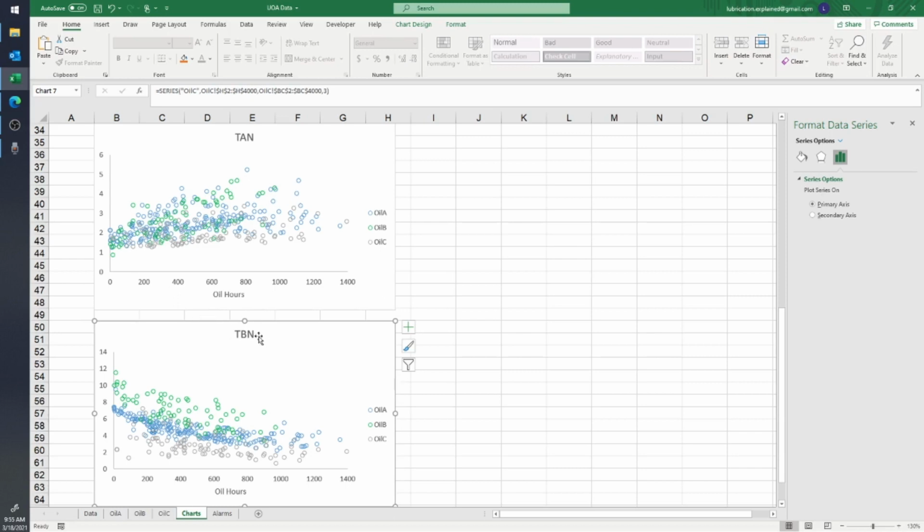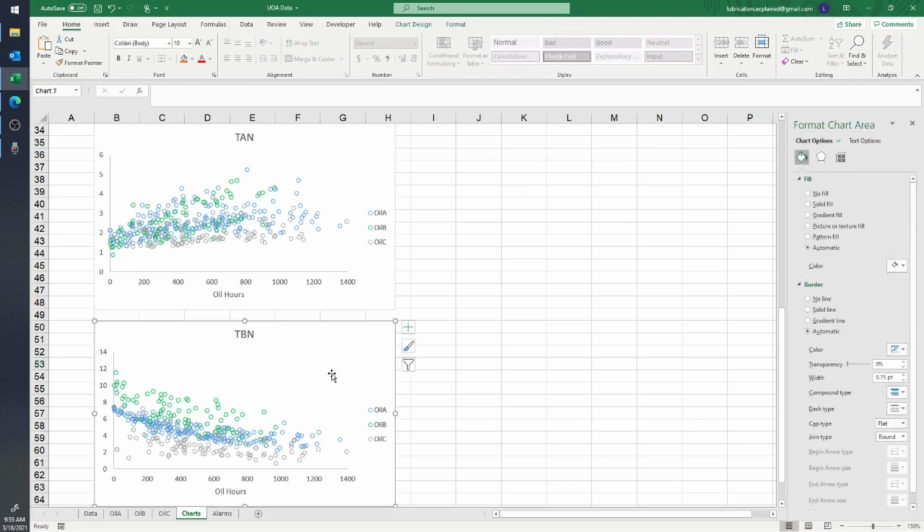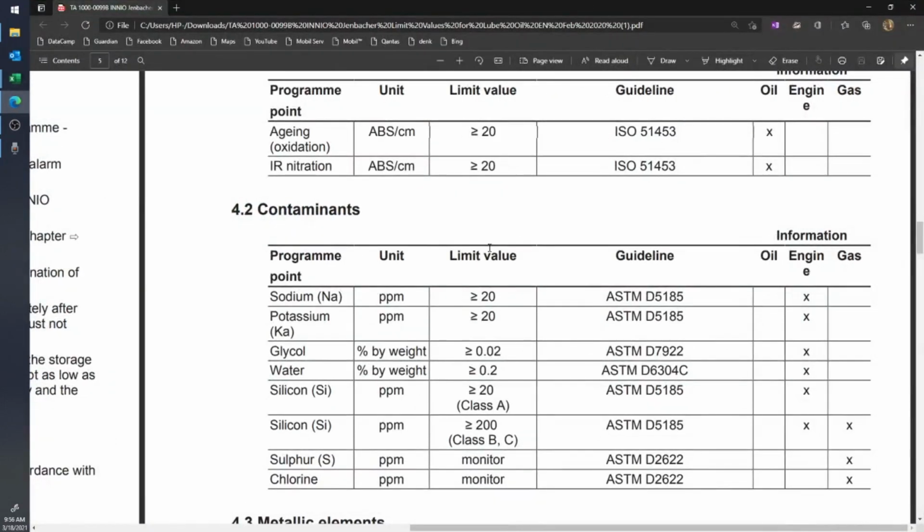So TBN and TAN will be related, right? Because TBN is supposed to help flatten out TAN and reduce it. However, TBN is an additive, whereas TAN is a byproduct of oil degradation and contaminants, right? And that's why I don't like to conflate the two with each other. All right, so that's TBN. Now, if you remember on the Jenbacher document, which I'll go back to,